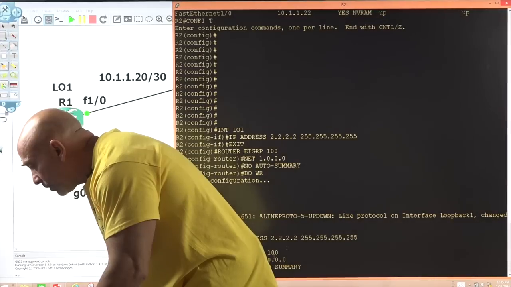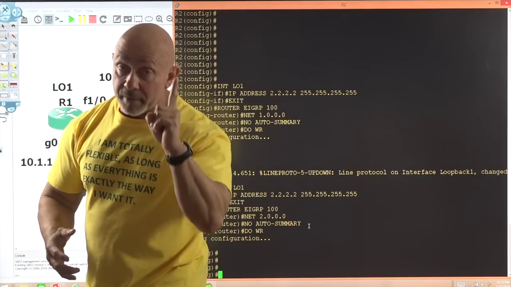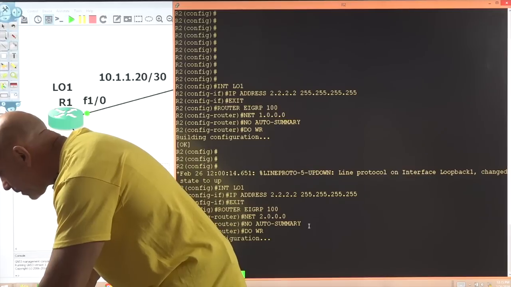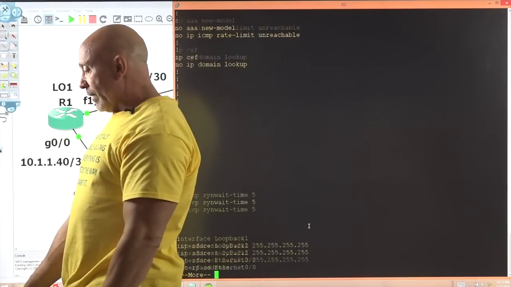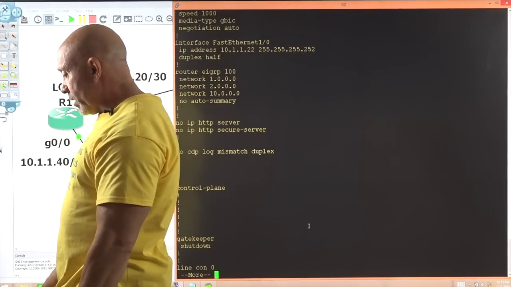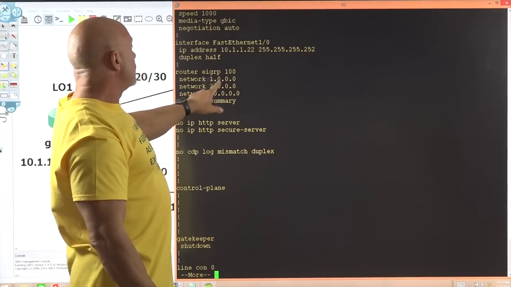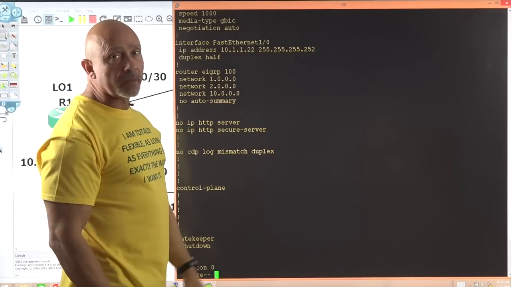Copy. Paste. All right. But I trust, but I verify. So I got to make sure. Do show, you just look at the start. For me, it's a lot easier. It's not that many configurations anyway. All the way toward there, we go. You can see that this could create a problem because I'm advertising the 1. So I want to make sure I go inside EIGRP and get rid of that network that I'm advertising.